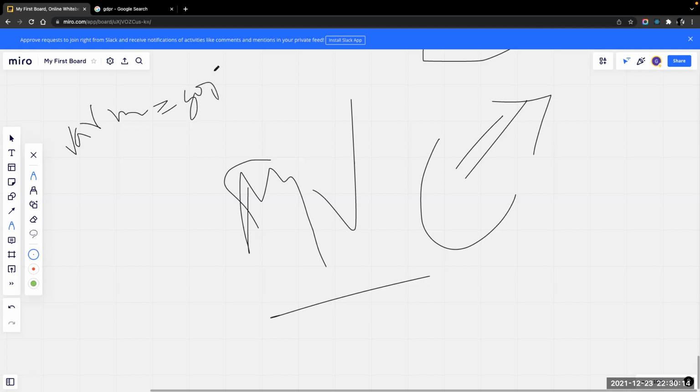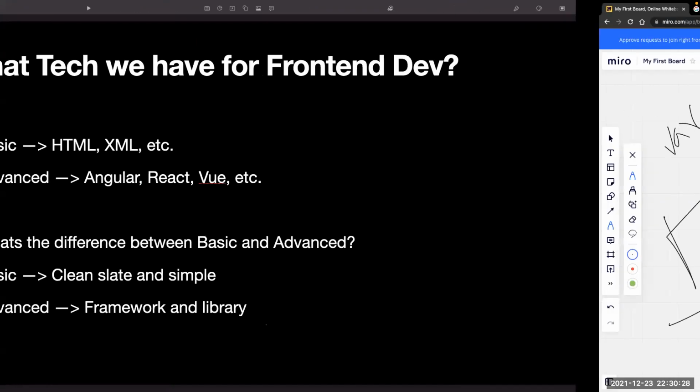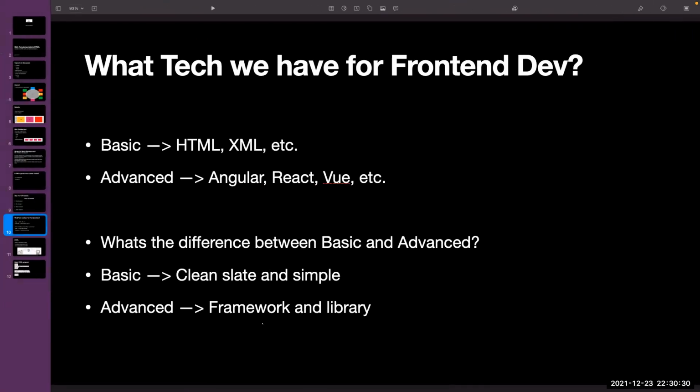For example, we have a variable like name equal to Gopi, and we have a website here. This particular name needs to be bound to this website, and that job is done by the controller. So the framework will have all three things: model, view, and controller. And Angular is a framework.